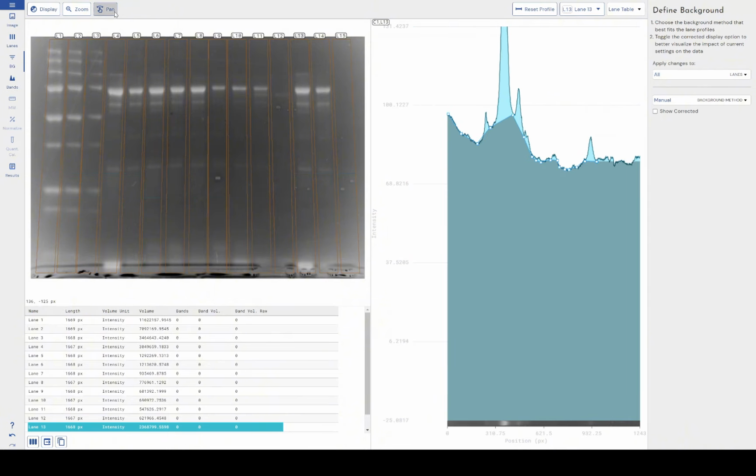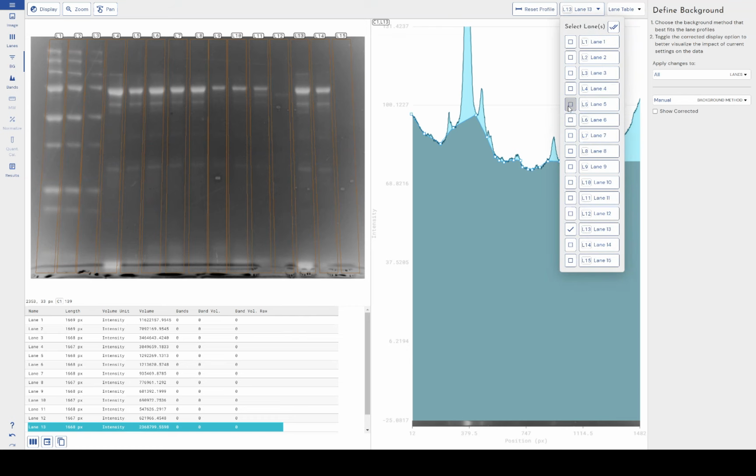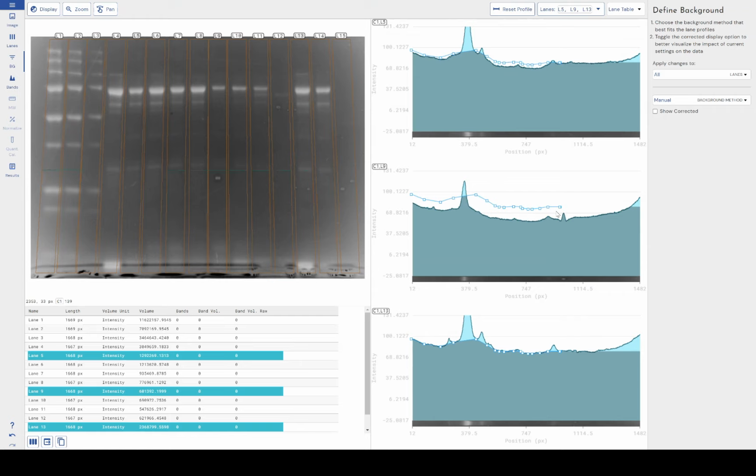One word of warning with this method is that it only applies to the lane that you're working on, because if I try and apply this manual background subtraction profile to another lane, you can see it is quite far out. Because of the difference in background on these lanes, it's not going to be a one-size-fits-all solution. It is going to have to be on a lane-by-lane basis. So that brings me to